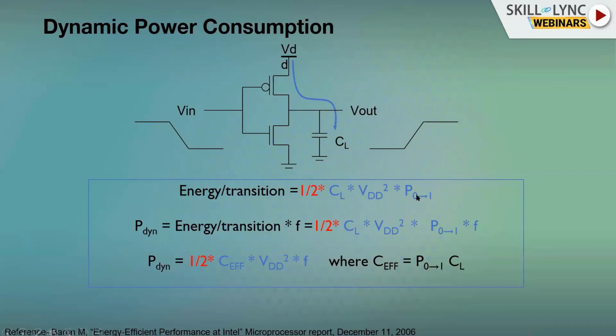So it is 1, right? One time we have a change here, and if your voltage is, say, 5 volts, then it will become 5 squared. And the capacitance is some femtofarads, you can just compute that. So this is the energy per transition. And if you multiply it by the frequency of the circuit operation, you will get the total dynamic power.